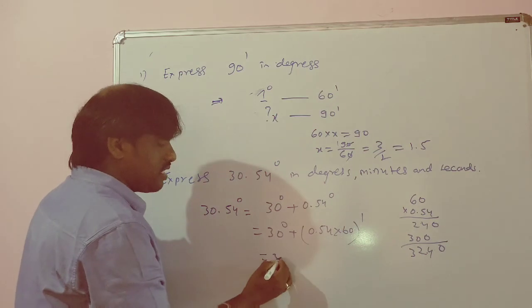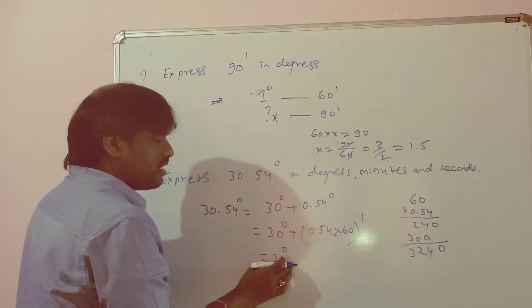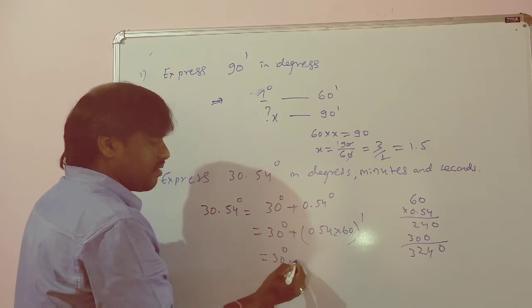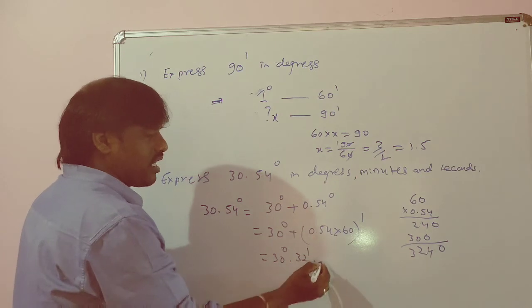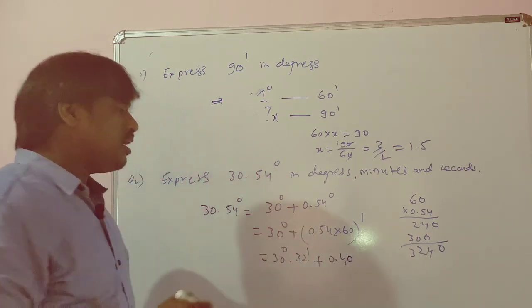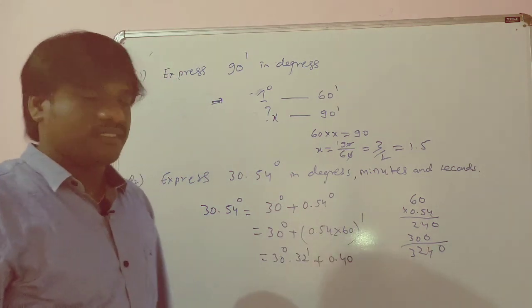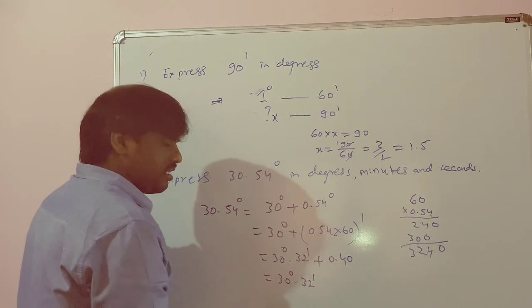So I can write 30 degrees, then 32 minutes, plus 0.40. But I still want it in seconds, so I write 30 degrees, 32 minutes, plus